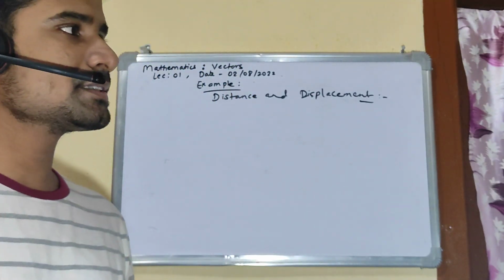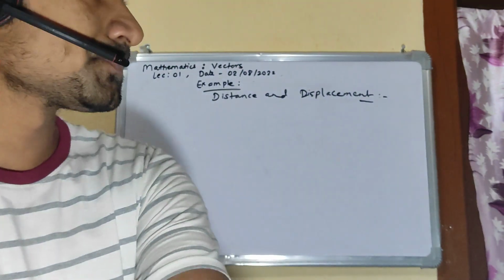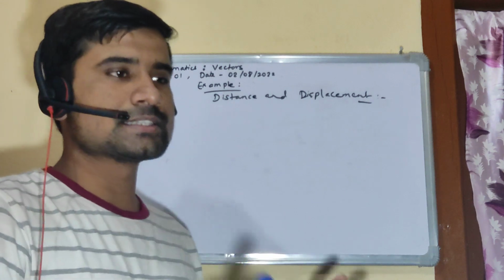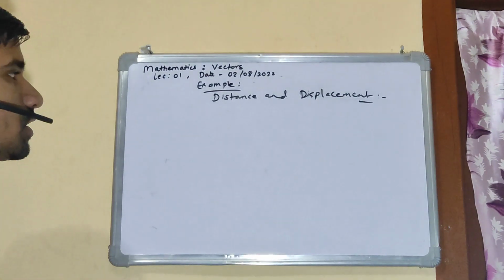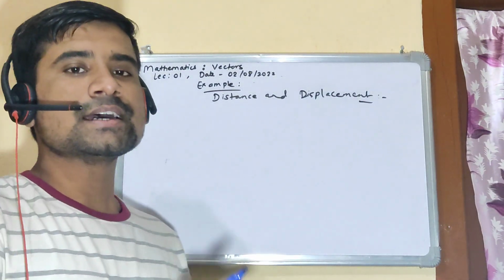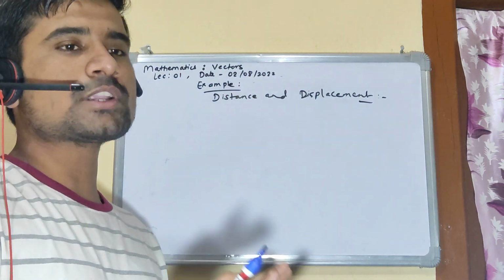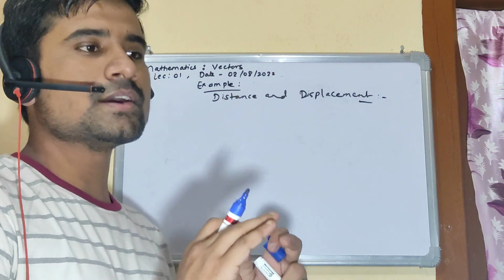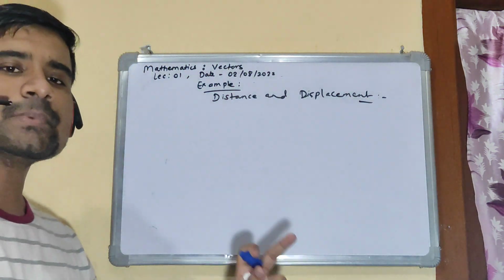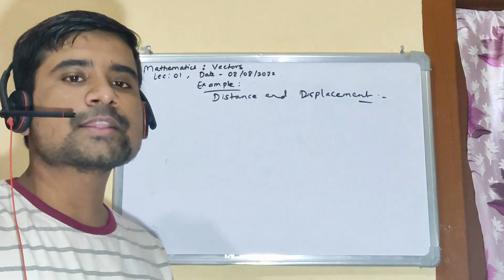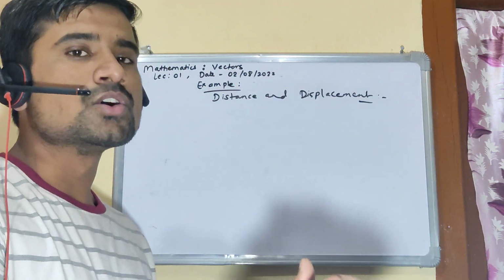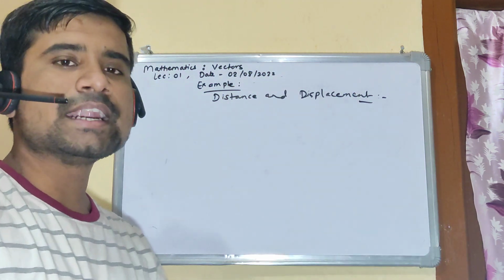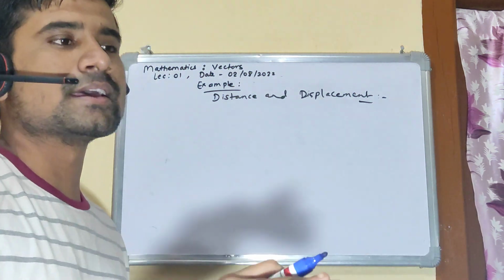Okay, let's understand these concepts by an example. Distance and displacement, you know these two physical quantities, right? What is distance? Distance is the net sum of the total path traveled by any object or a body. Displacement is the shortest path between the initial and final points. It basically says how much the object has displaced from one point to another. It is not bothered about the path taken, right?